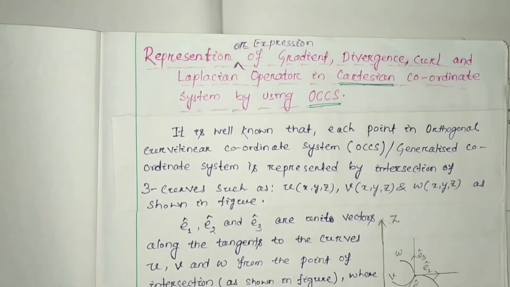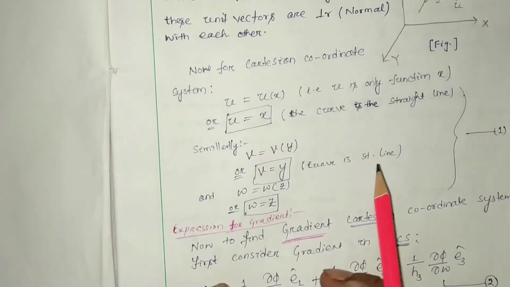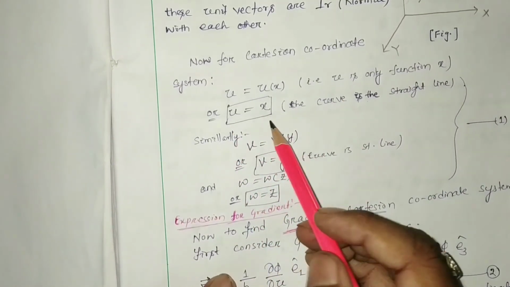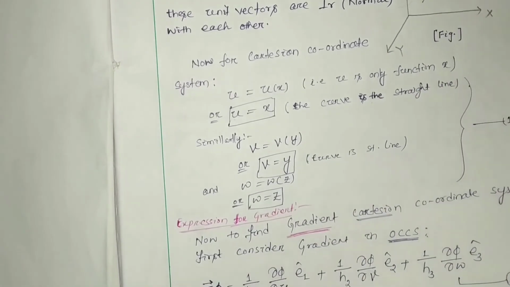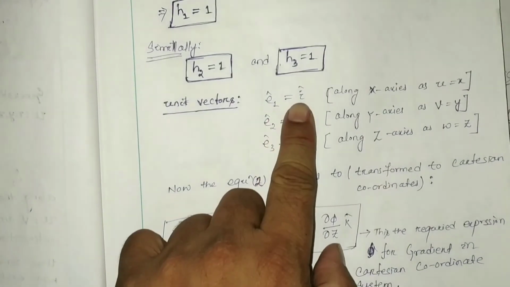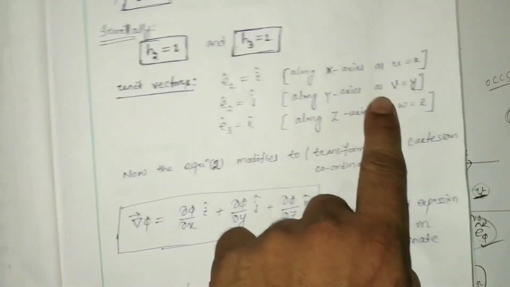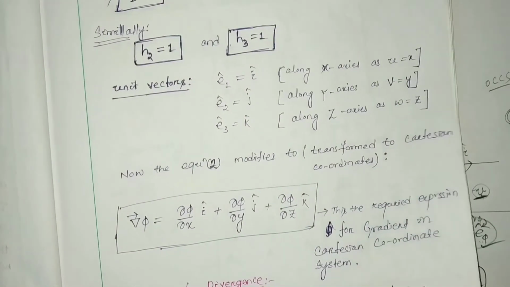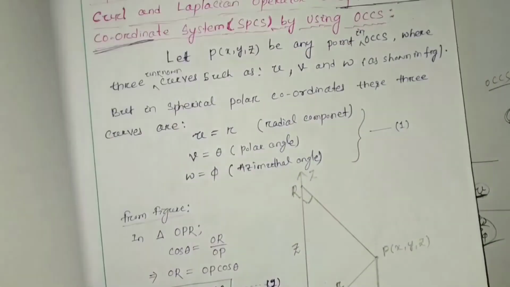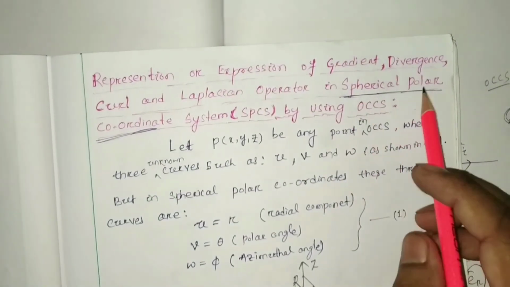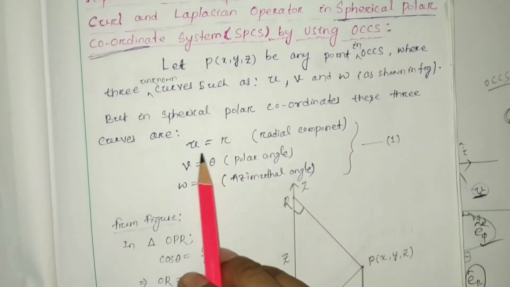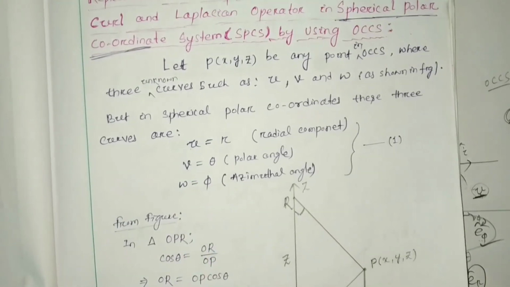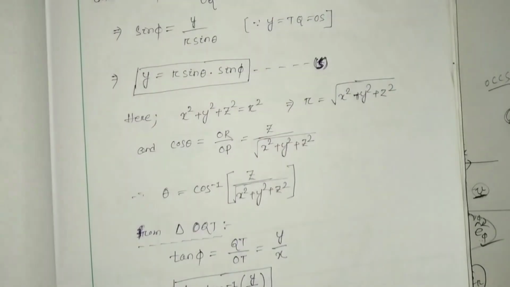As we have discussed in this class, u belongs to x, and the corresponding unit vectors will be i cap, j cap, k cap, corresponding to u, v, w. Likewise, in case of spherical polar coordinate system, u will be r, v will be theta, and w will be phi, and the corresponding unit vectors will be considered as